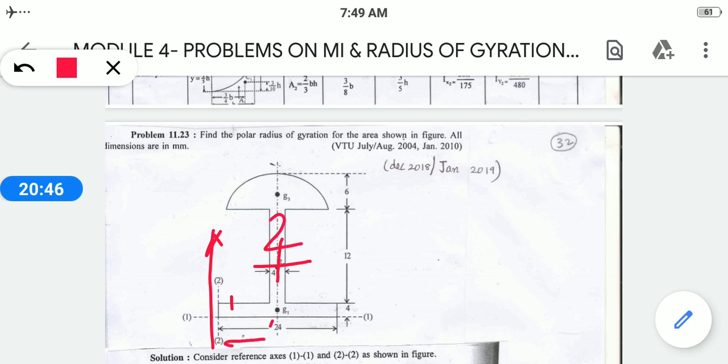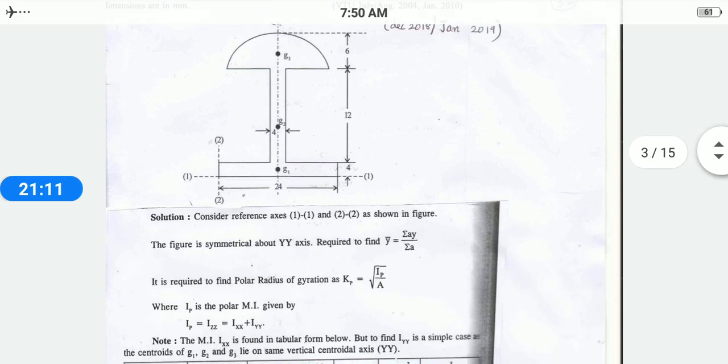The remaining distance on both sides is 12, and here it is 2. This is 12, so minus 2, this is 10. So 10 plus 2 is equal to 12. For this, everything will have the same value. Find it according to your corresponding components, what our centroidal x and y values are. After that you can calculate the necessary data.